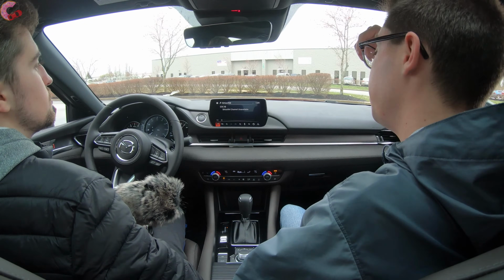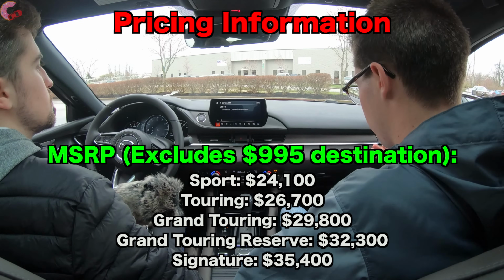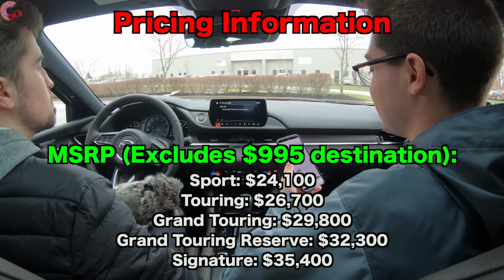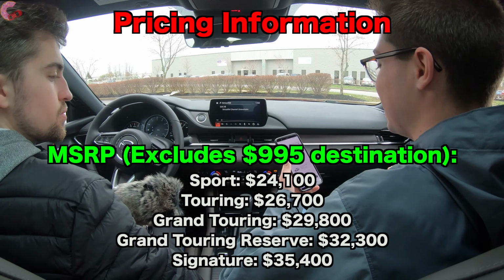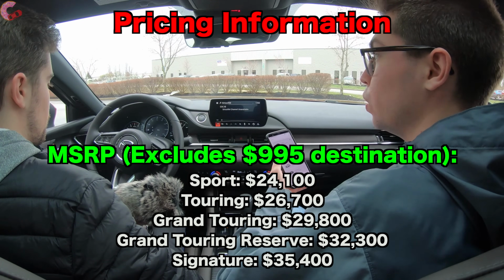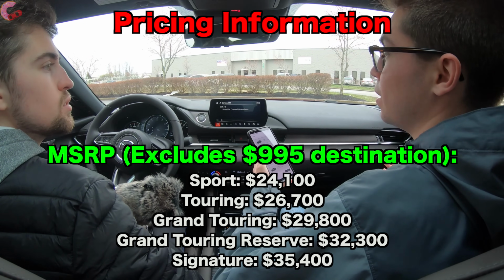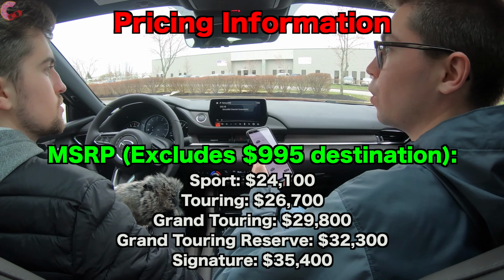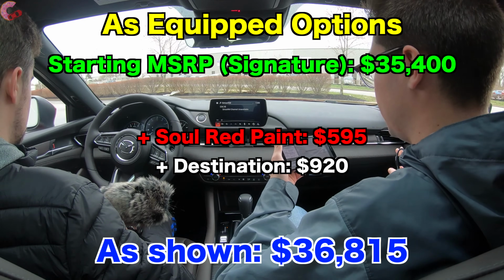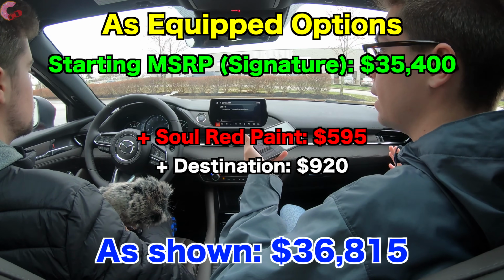Alrighty, and now let's go ahead and discuss the pricing for this Mazda 6. For the very base Sport model, you're going to be roughly in line with all of its competitive set, since it starts at $24,100. The Touring is $26,700, Grand Touring is $29,800, Grand Touring Reserve is $32,300. And then finally you have what we have here, which is the fully loaded Signature trim, which starts at $35,400. It's worth noting that's about a $300 price increase over last year. Now the Signature doesn't have many options, but one of those is this beautiful red paint for $595, and when you add the destination charge of $920, you're going to be looking at an as-tested price of